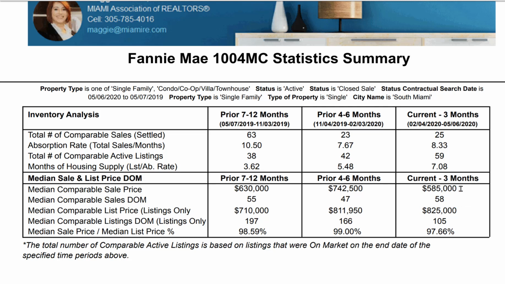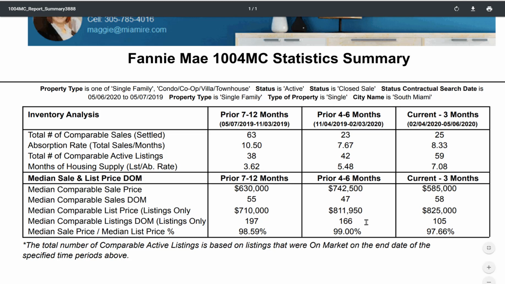So the median price is at $585. Last 3 months it was at $742, so it went down. The sales are occurring in 58 days, so it's taking a little bit longer than it did the last 3 months. They're listing at $825, whereas the last 3 months before that, they were listing at $811. So that list price has gone up and the sale price has gone down. The comparable listing days on market, those listings that are still active have been on the market 105 days,